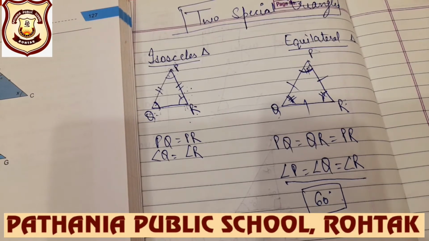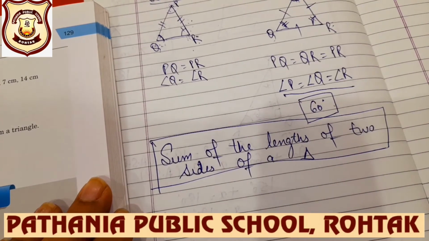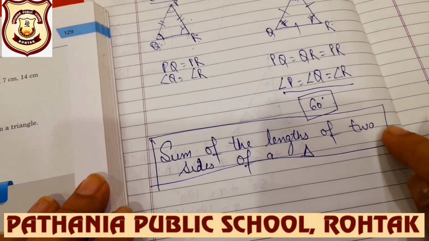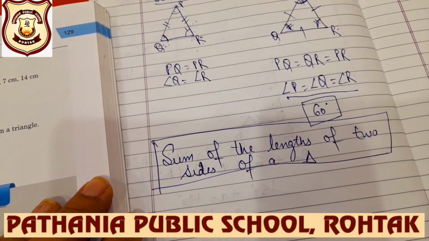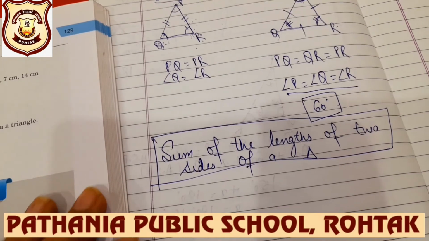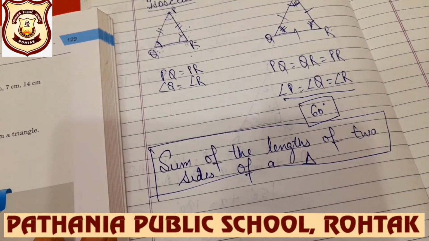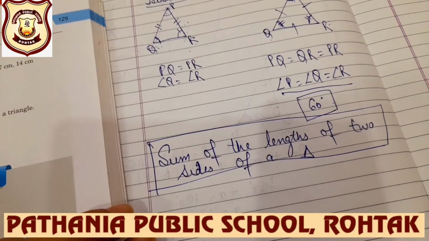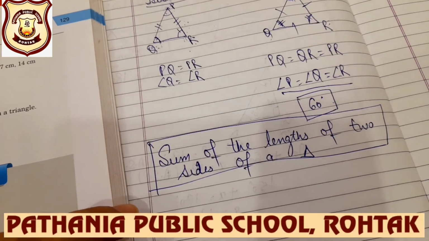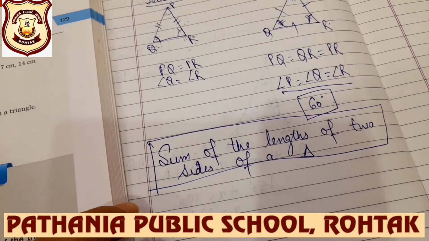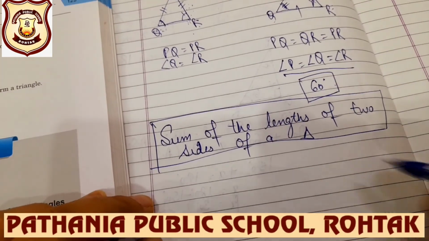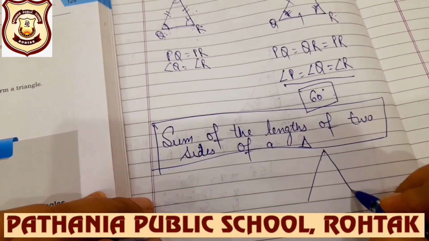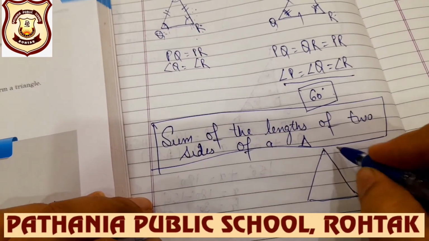Now next is the sum of the lengths of two sides of a triangle. So till now we were discussing angles. Now here we will discuss sides. Beta, to form a triangle, the sum of the lengths of two sides of a triangle is always greater than the third one. See, if this is the triangle ABC,